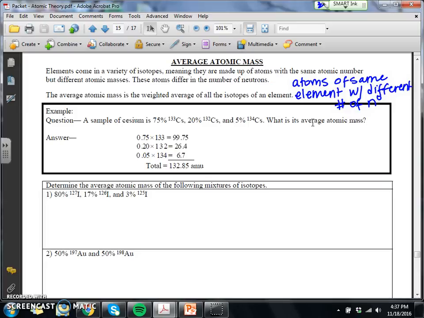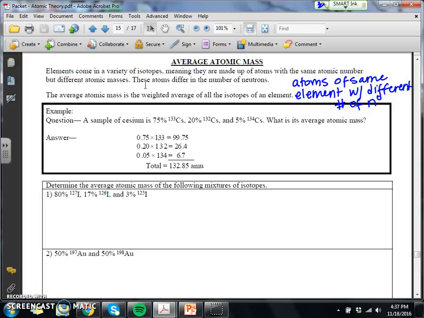Similar to how you would figure out your grade in a class, right? Your homework is weighted differently than a test. We know that tests are worth more. Well, if you have a higher percent, your average atomic mass is going to be closer to that grade or that percentage. For example, if we look at